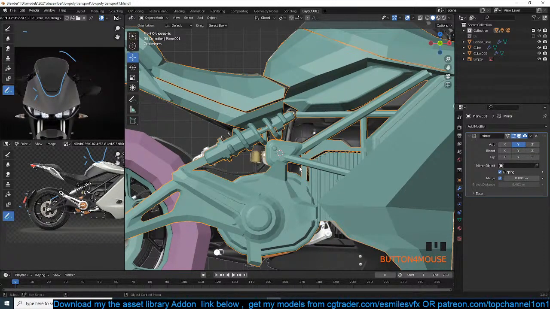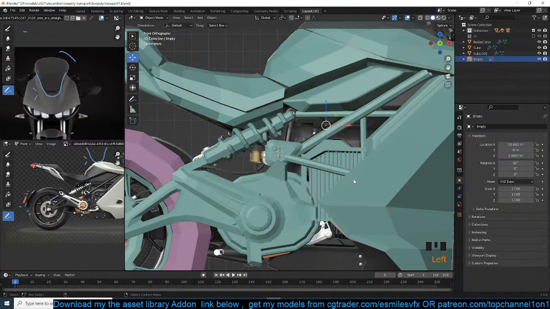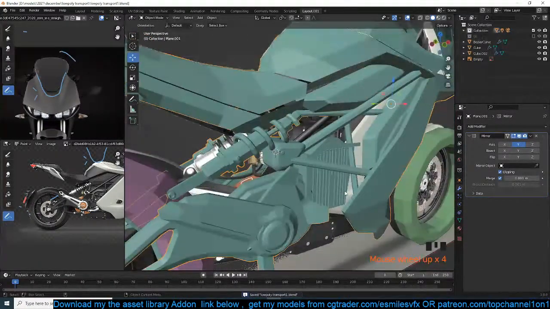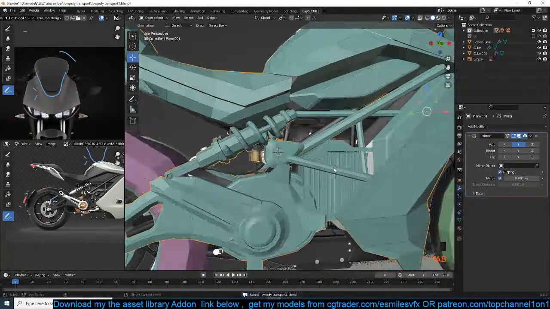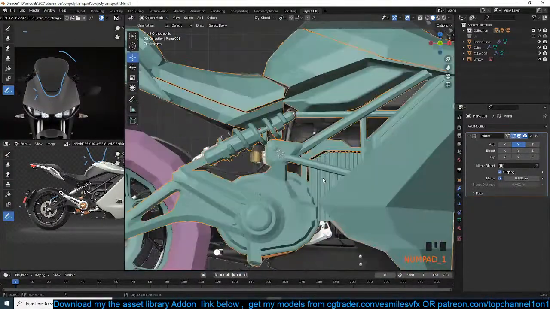My problem is I want to stay away from PBR game assets because they take so much optimization work and so many steps to create. But if you're using Substance Painter, it's actually faster than texturing in Blender. The only problem is you have to do UV mapping for that. It's much faster to do texturing in Substance Painter than in Blender. That's one thing I could